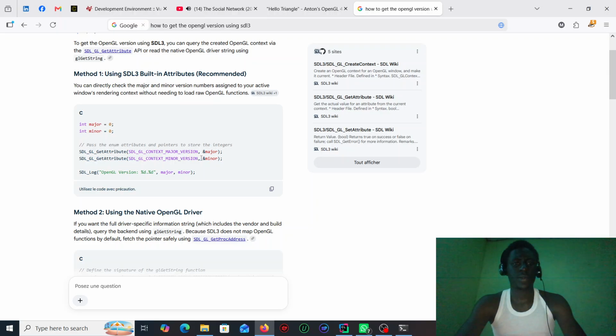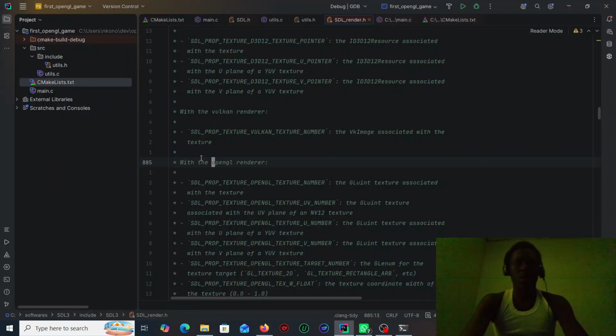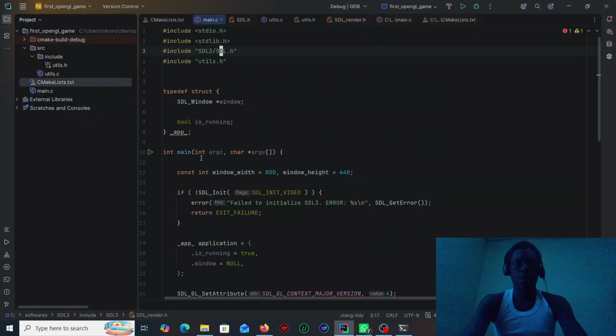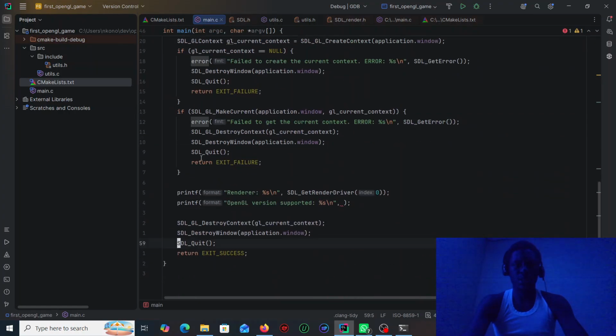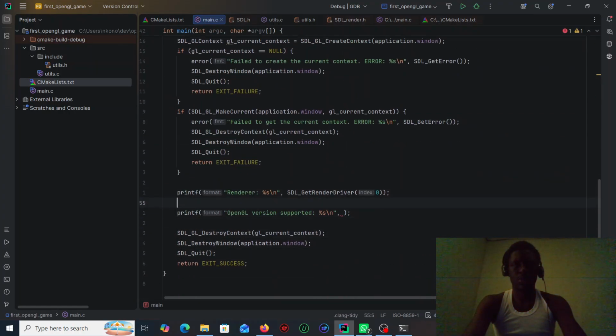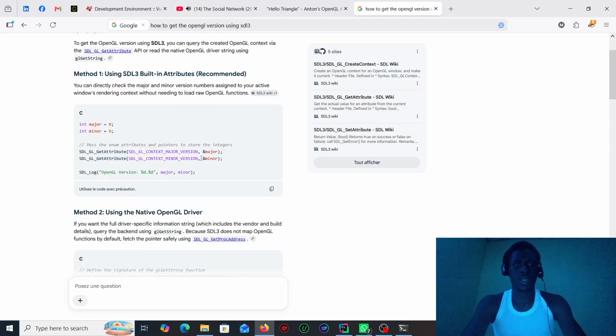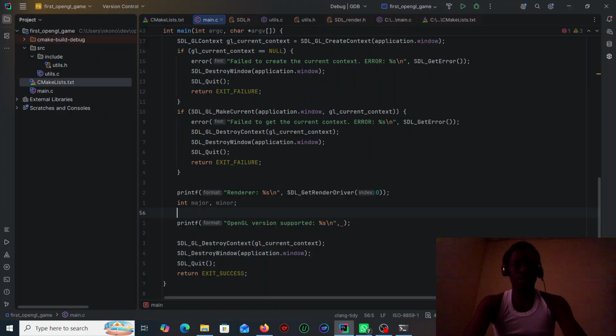So what we can actually do is define major and minor, and what we can do is